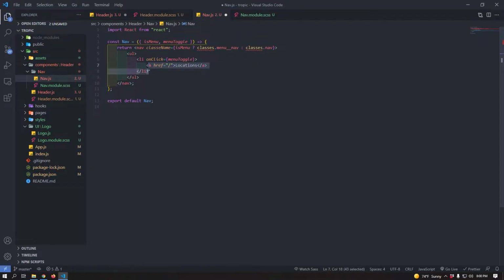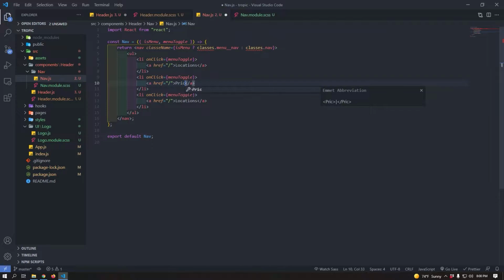Locations, and we're just going to go ahead and copy and paste these down. So locations, pricing, and learn more. And if you're curious how I did that copy and paste right there, all I did was hold down Alt and Shift and press down on the down arrow on my keyboard. Okay, so after that, we'll